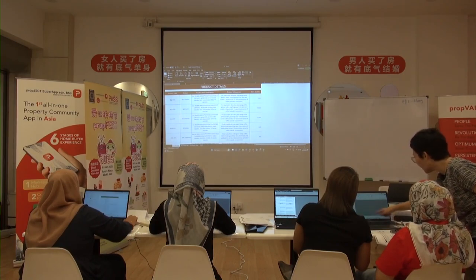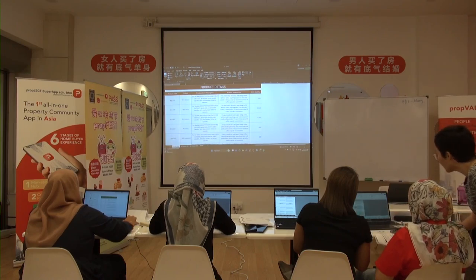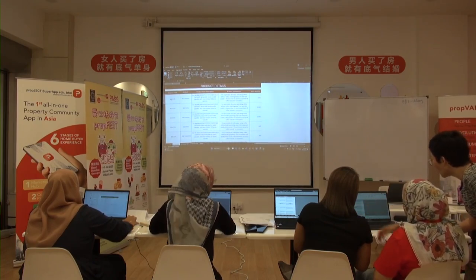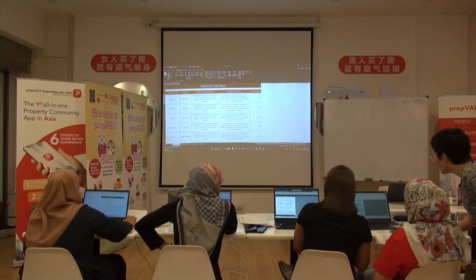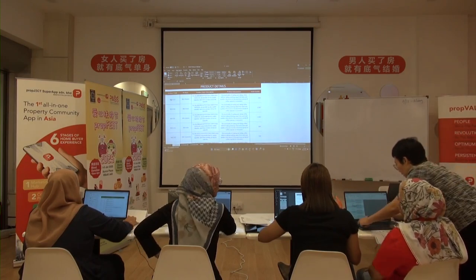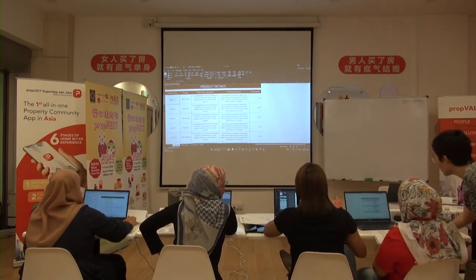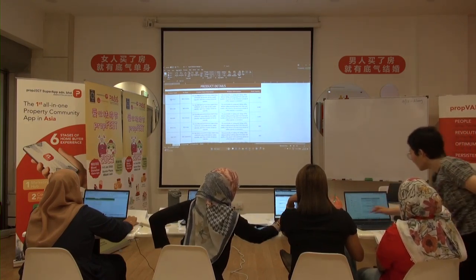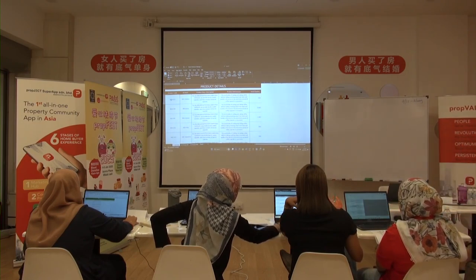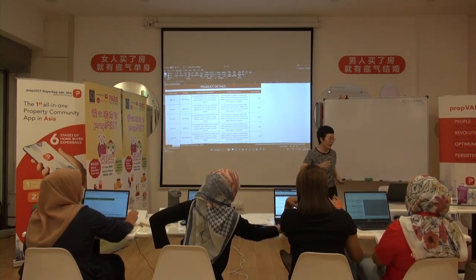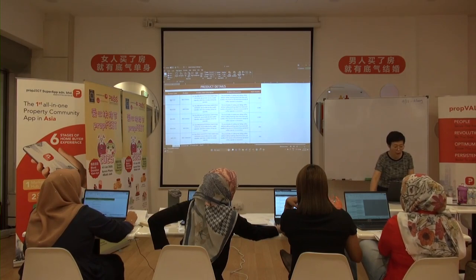kena page break. Nampak tak? Ini sudah fit kan? Satu page macam ni. So how you mean that you want to fit? Okay. So you go to. Okay. You want to fit into the middle, isn't it? Okay. Fit into the middle, go to the margin